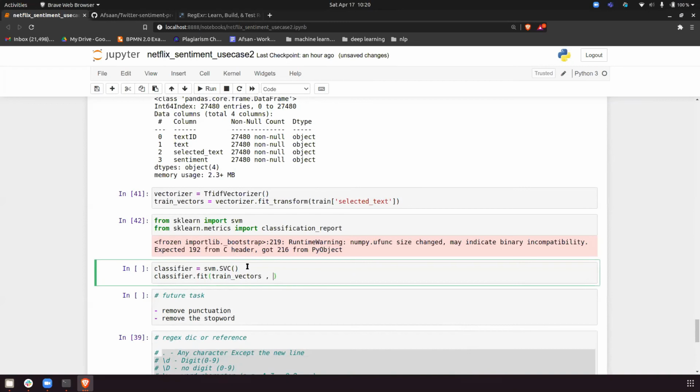Now, what do I have to pass next? I have passed the train vectors. In fit, I have to pass two values, right? One is the independent variable and the other is the sentiment target. Okay, so let me pass the target.